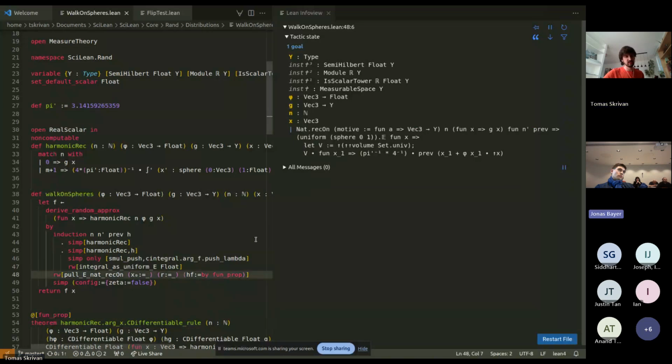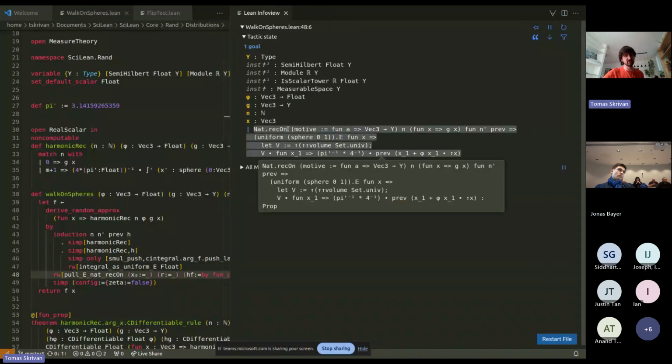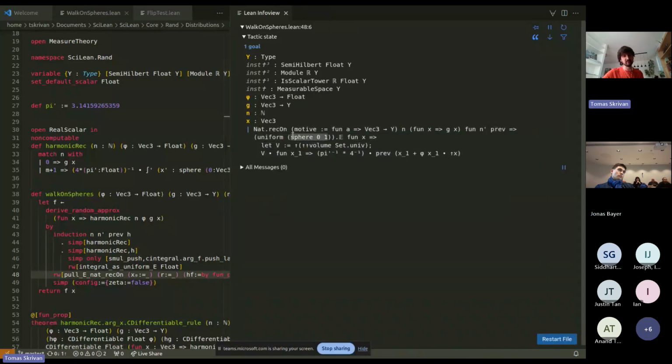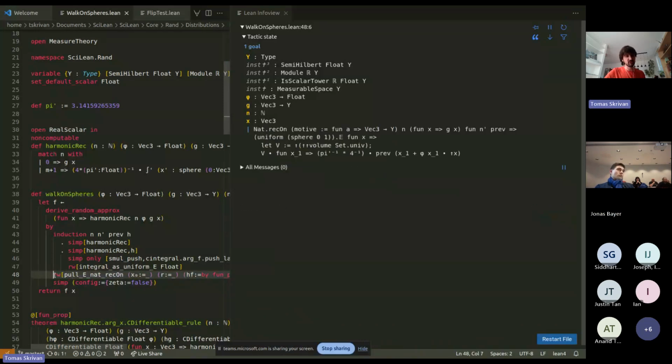So now we zoom out, and the only important thing here is that we are doing some kind of recursive definition, and in the recursive definition, we are computing an expectation. So we are recursively computing expectation, and I have a theorem which says that if you're recursively computing expectation, you can compute the expectation of a probabilistic program where you draw the samples recursively. So if you apply this theorem,